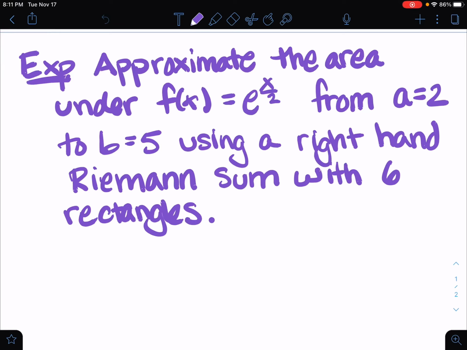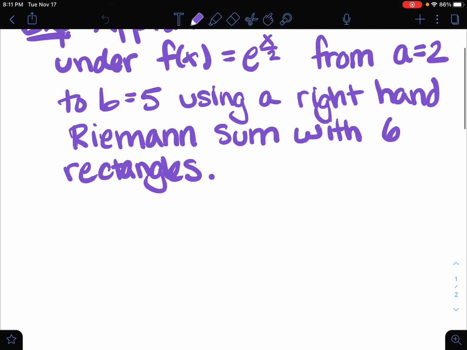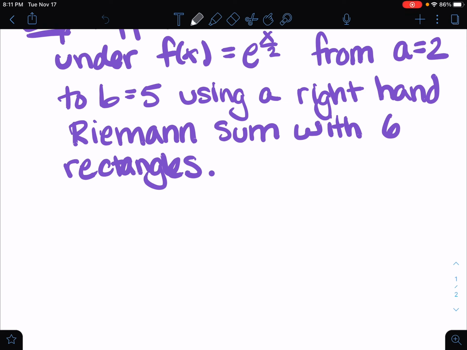All right, we are actually going to approximate the area under a curve. We're going to use a Riemann sum to do it. We're going to add up a bunch of areas of rectangles to do it. So we want to approximate the area under f of x equals e to the x over 2,